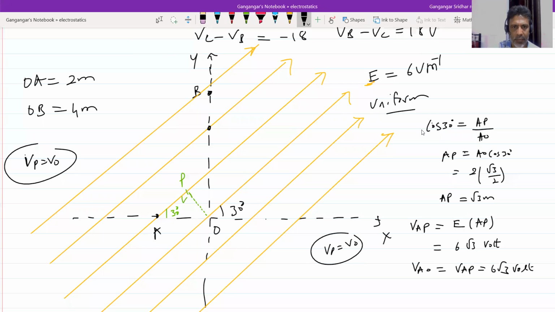Similarly, we have to calculate VAB. For that, again, you drop a perpendicular. And here this perpendicular. So this you call A1, B1. If you can calculate A1, B1, that will be sufficient. So how to calculate A1, B1? Already we know AP, no? So that AP should be equal to A1O. So this OB1 has to be determined. For that we know OB, and this angle will be 60.